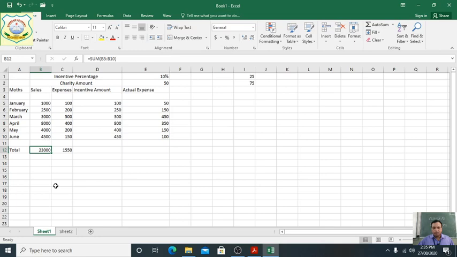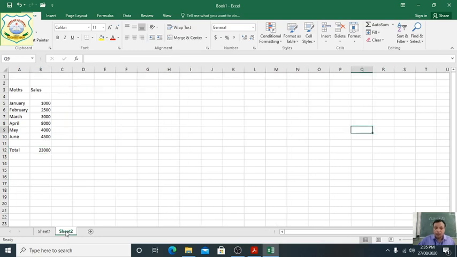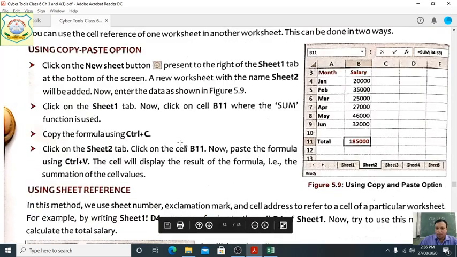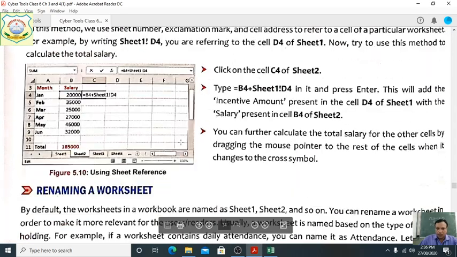But in which sheet? Sheet 2 here. How can we add? Look, A1, B4, this is sheet 2: equal B4 plus Sheet1 D4, from sheet 1 D4. Here it is not given, I am showing you.